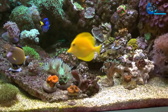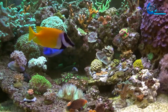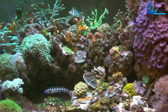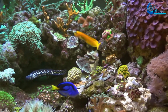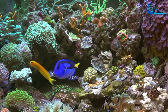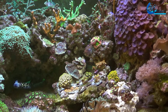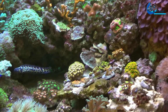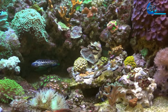I did a water change, but it kept going every day, every morning. When I watched the tank, a few millimeters of tissue were gone, like crawling. The tissue was disappearing, millimeters a day. So I decided to frag the whole plate, and the only thing